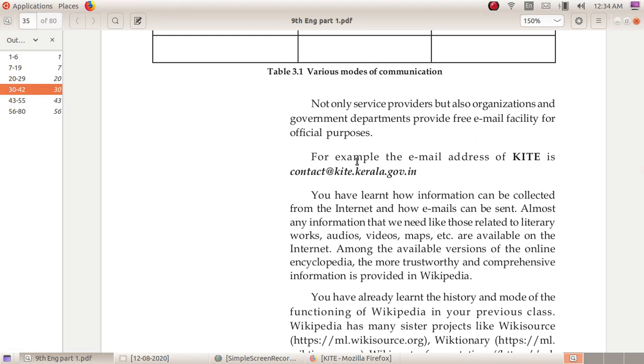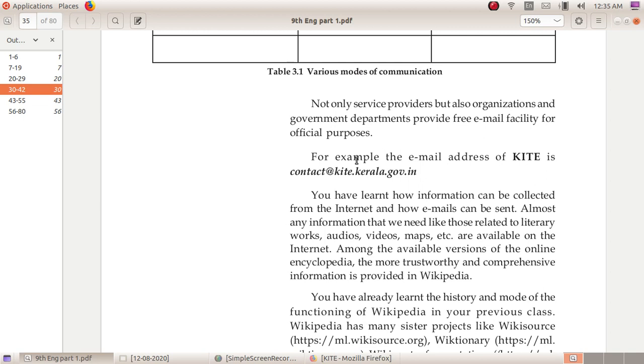You have learned how information can be collected from the internet and how emails can be sent. Almost any information that we need, like those related to literary works, audios, videos, maps, etc., is available on the internet. Among the available online encyclopedias, the more trustworthy and comprehensive information is provided by Wikipedia.